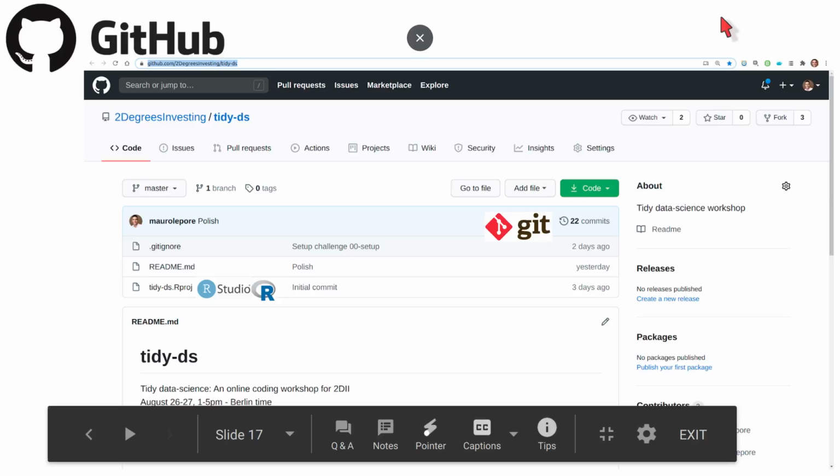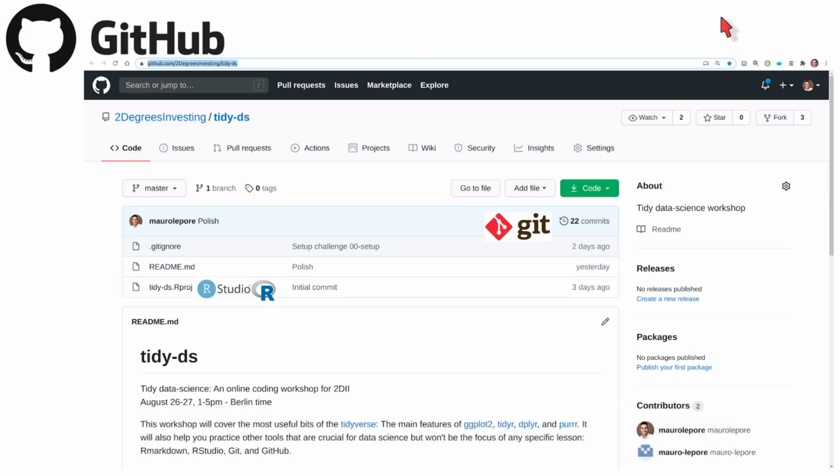I'm gonna leave my mouse quiet. So as you can see, the words tidyverse, ggplot2, tidyr, dplyr, purrr are all highlighted in blue. Those are links, so if you click there, you will go to a website. That's also a feature of GitHub rendering Rmarkdown documents so that they look like a web page.